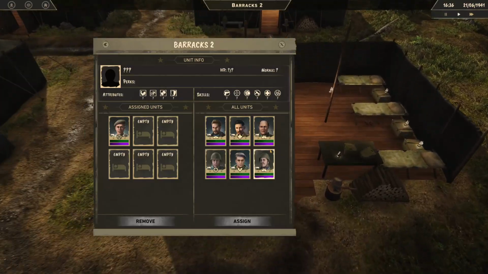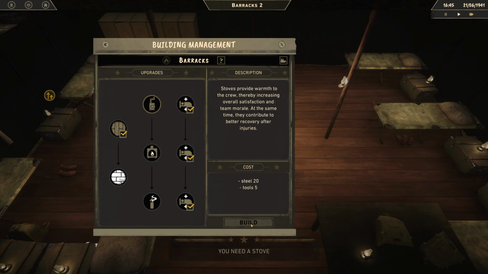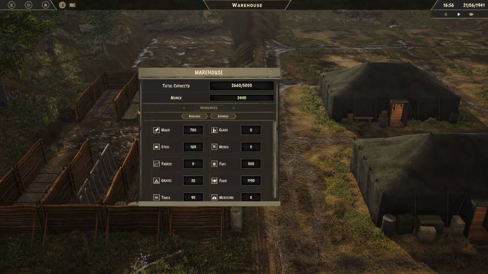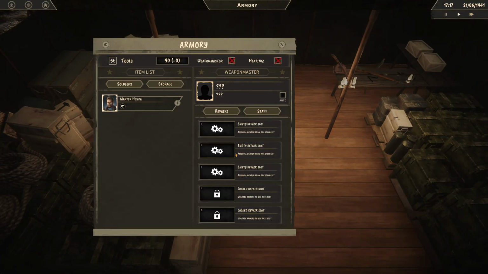I'll also want to build one in here for the same reason. Make sure that our sniper that we recruited has his own stove to work with, and those are built with resources which you can find in the warehouse. So here we start with 700 wood, 160 steel, we've got the gravel, the tools, there's some fuel and food in there, and in the armory we can potentially repair